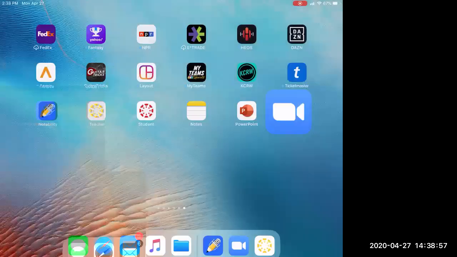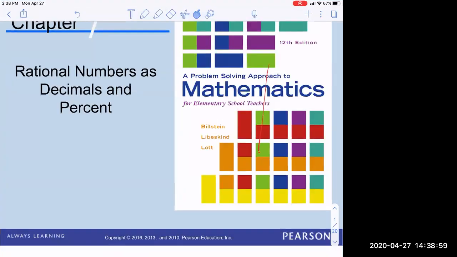Okay, this will be section 7.2, more on decimals. Okay, so